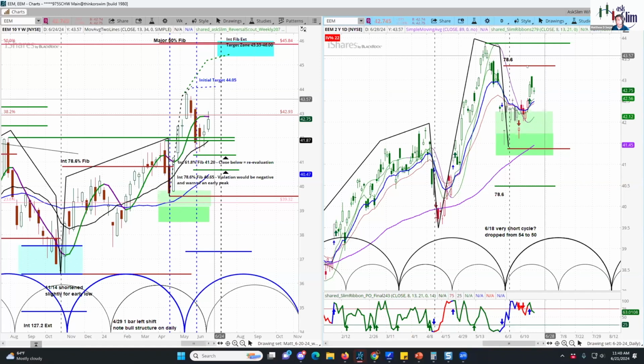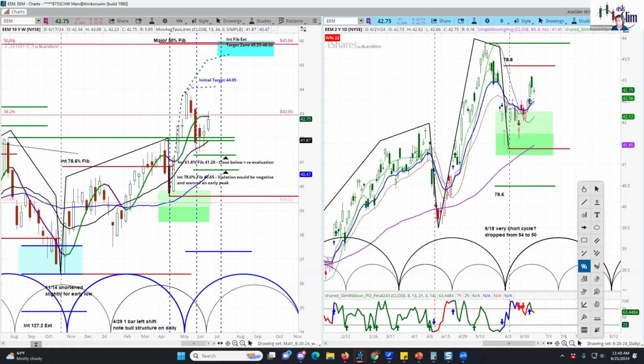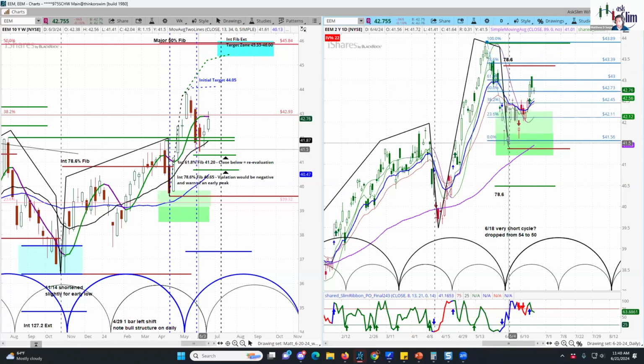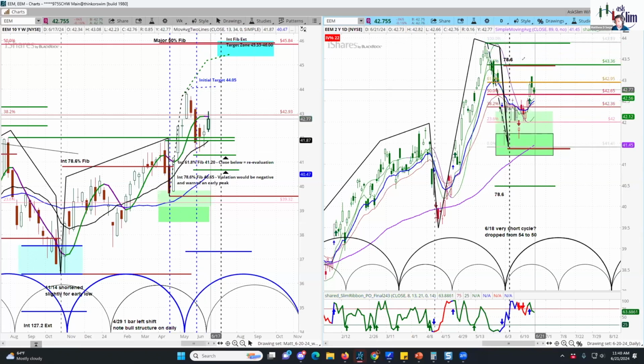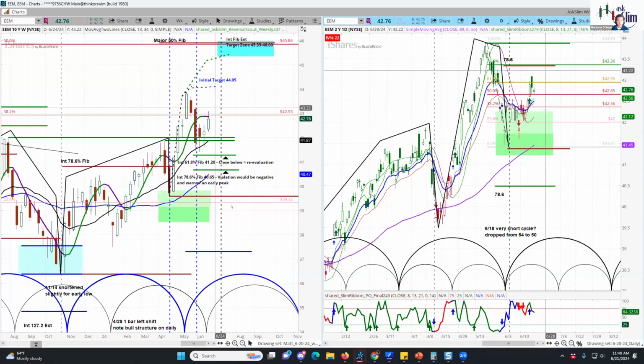However, if we were to push through, I'm back on the daily chart here. If we were to push through the 78.6 here from this prior swing high, swing low, so we have a swing high here from the peak and then our low that occurred, you can see we have a 78.6 around here. If we were to get through that in the near term, then that would suggest that this low came slightly early relative to the black cycle bracket here, and we're likely in that next more important leg higher on